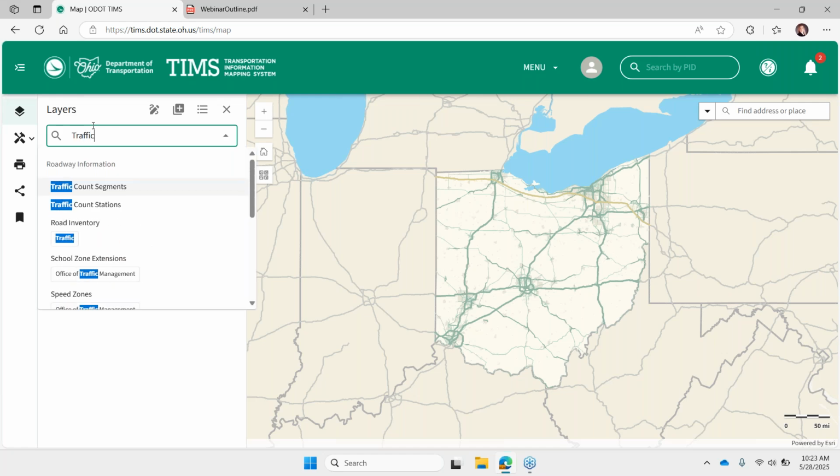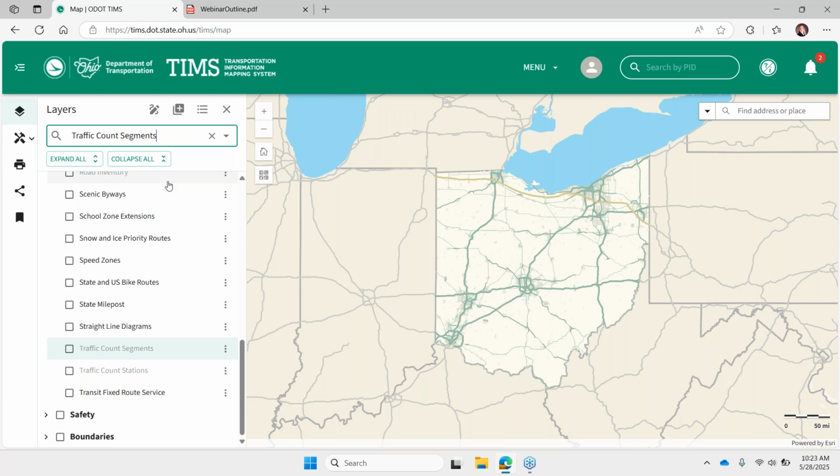So say I'm looking for traffic. It's going to find layers that have traffic in the layer name, but also if we've tagged it on the back end. When you choose a result, it's going to pan to where those layers are available, and then you can check the box next to it to turn it on.